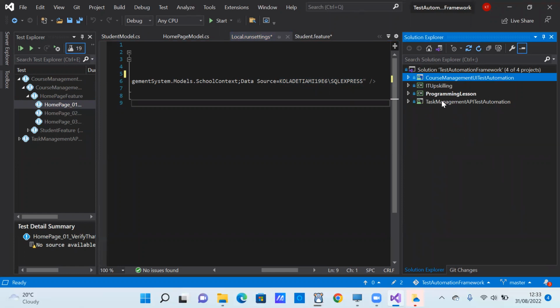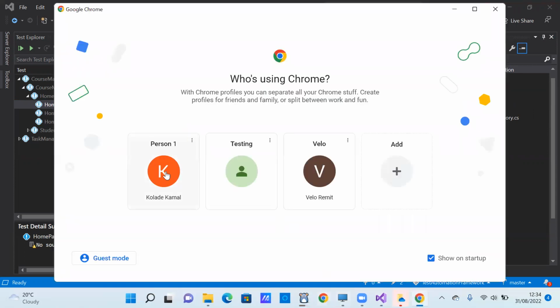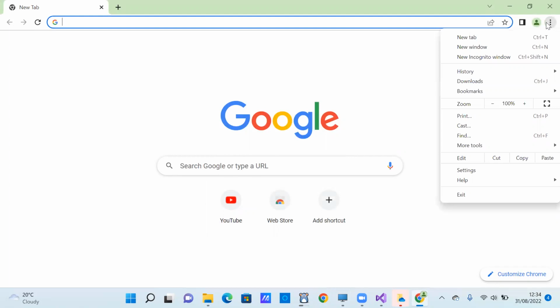And if you want to see what are the tools that were put together, oh, one more thing I need to explain here. If you want to run this one, you need to make sure that the browser you have installed locally has the same version as what we have on this framework. What does that mean? You need to come here, launch your Chrome browser. Let me launch this one. You come here and do